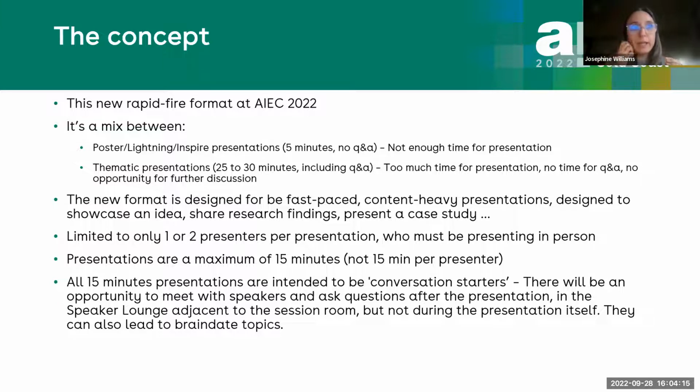So it's designed to be fast-paced, content-heavy, and designed to showcase perhaps research findings or a case study, an idea, a program, but there will be no time for Q&A. It is limited to only 1 or 2 speakers, and that 15 minutes is per presentation, not per speaker.